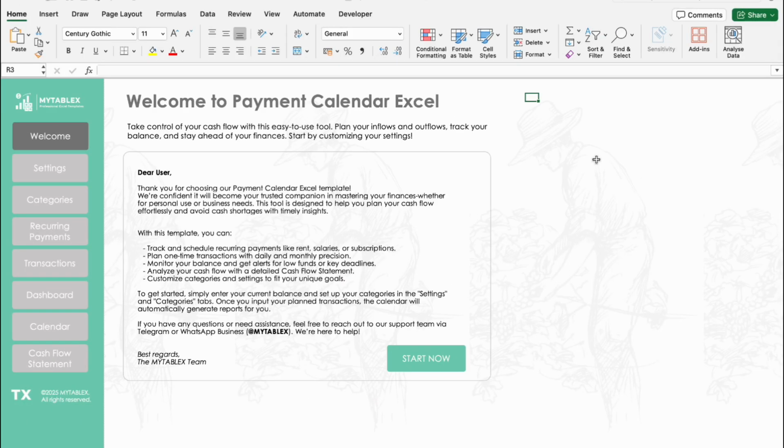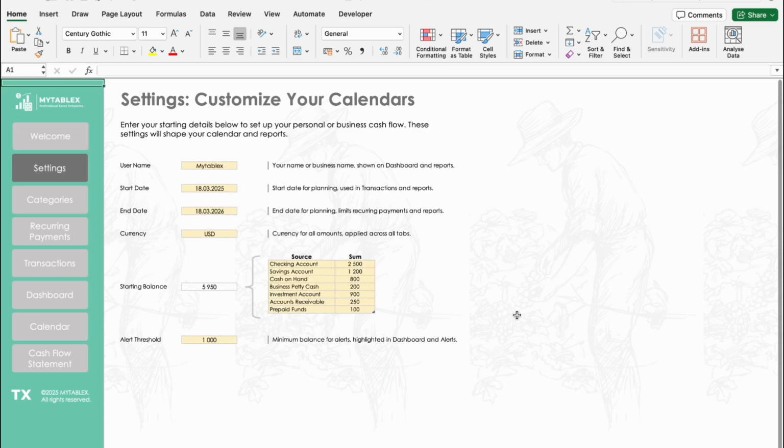After downloading and opening the file, you will land on the Welcome sheet, which provides a brief overview of the template's functionality and includes contact details for technical support. On the next sheet, Settings, you will need to enter input parameters: username, start and end dates, any period you prefer, typically the next few months or a year, currency, opening cash balance as of the start date, and the